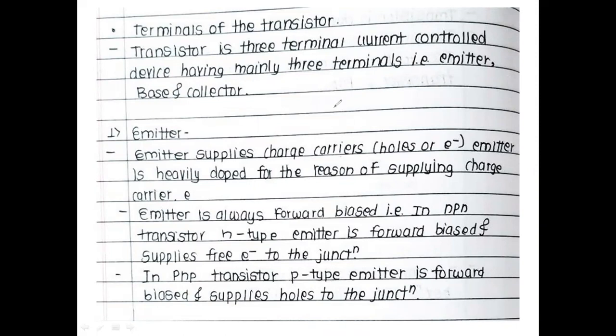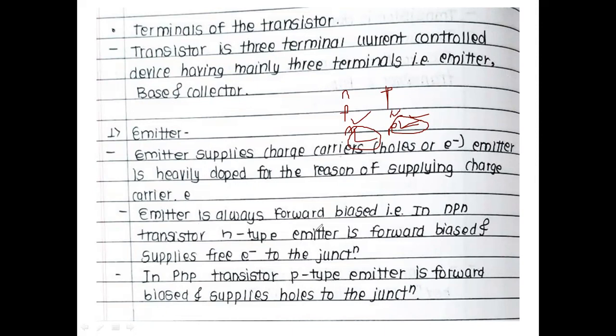So emitter is always an end terminal here. It is one side of the connection. It may be NPN or PNP. In the NPN, this one we are going to consider as the emitter, and for the PNP, this is the end terminal. So for the NPN transistor, the emitter terminal should be given the negative supply, and for the PNP, the emitter should be given the positive supply. Then only it will become forward bias.